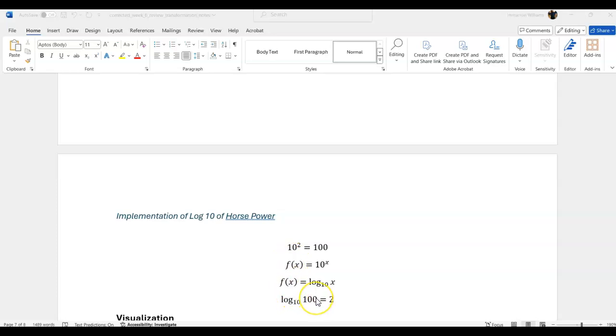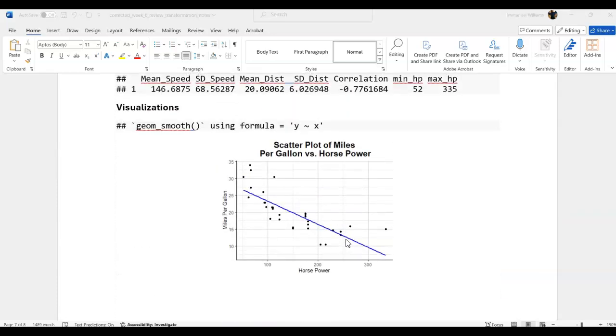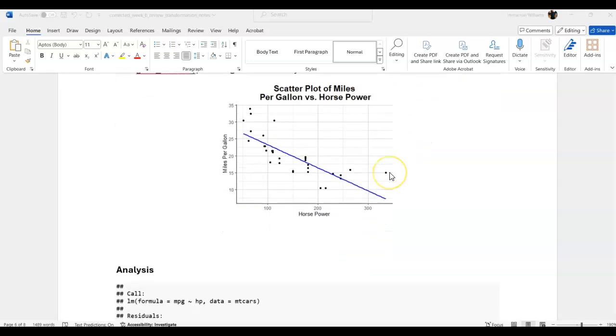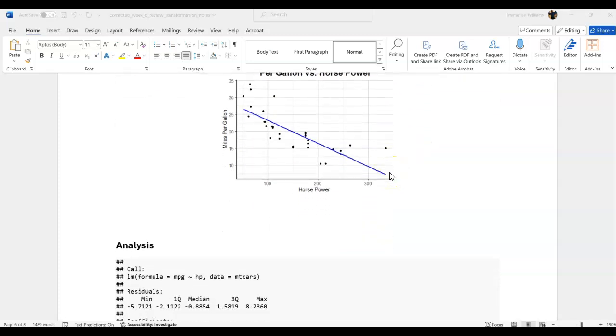So if the primary purpose of the log base 10 transformation is to shrink the values, right? We're going from the max, from 52 to 335. And so what I would want to do is apply a log base 10 transformation to make the minimum value be, let's say, 2 point something all the way to